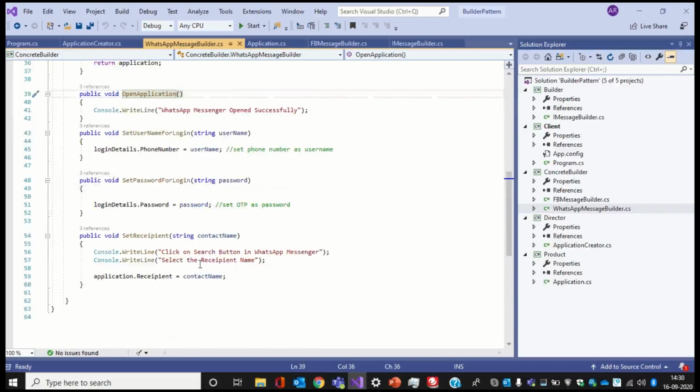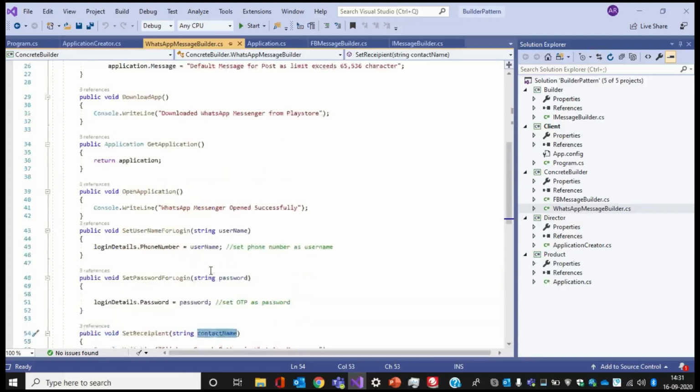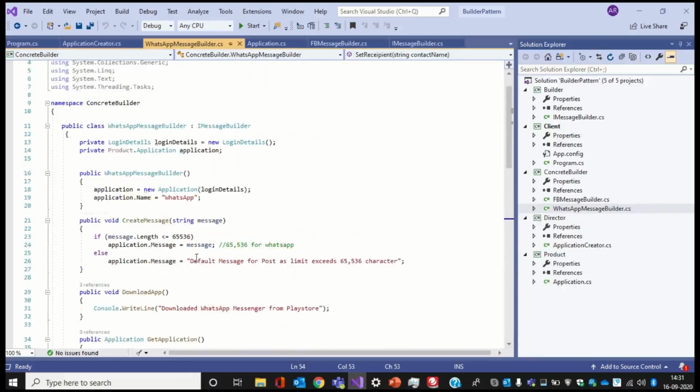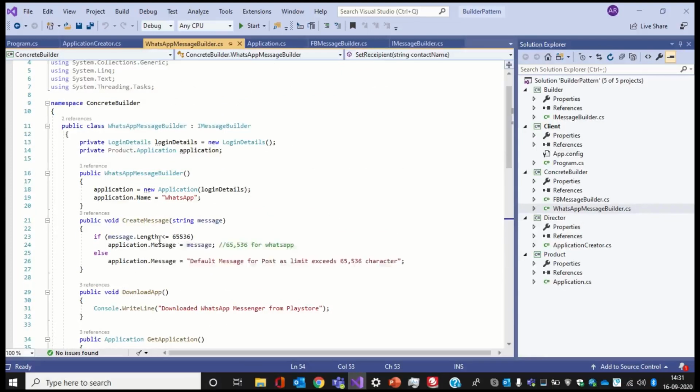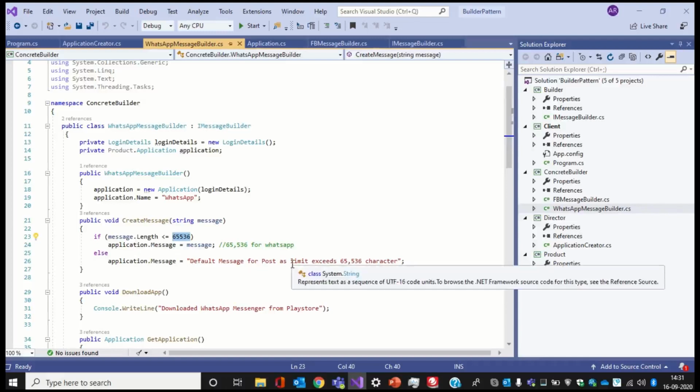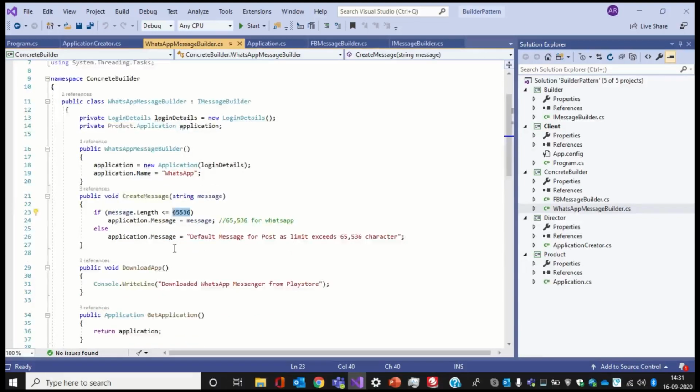In case of WhatsApp, we'll select the phone number, search the contact, select the recipient, and set the recipient by using the phone number. WhatsApp has different logic to check while sending a message. It will check for a 65,536 character limit for the message, and then send the message in WhatsApp.